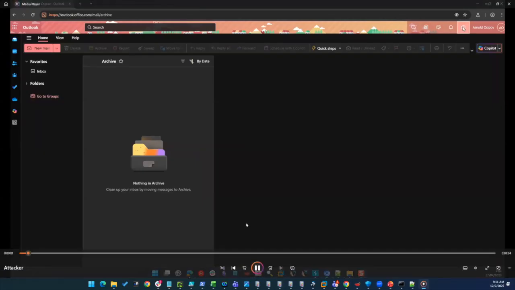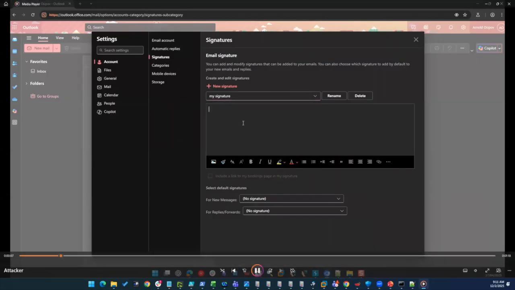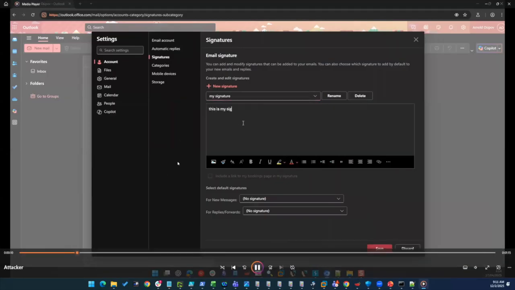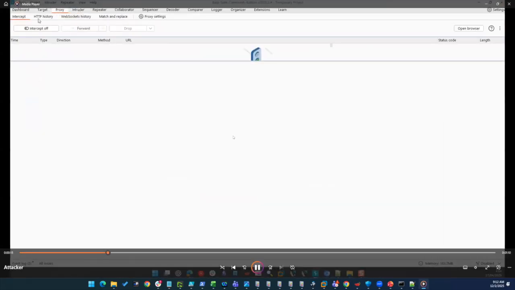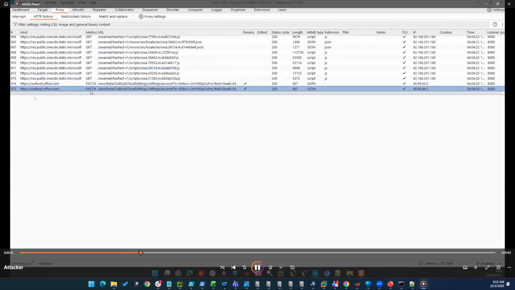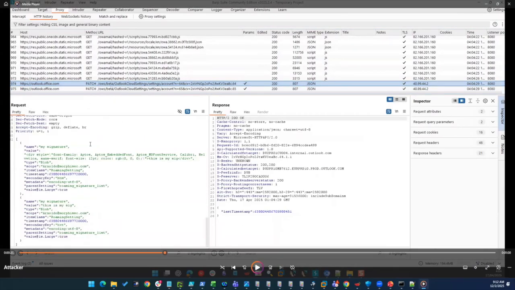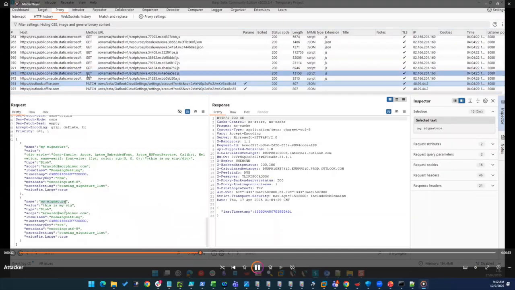So right now we are an attacker that goes into the account signatures, and instead of using the API, we're generating that signature directly through the Outlook browser, as you see here. We're intercepting the same request in Burp, and in Burp you will find the same Outlook cloud setting as you see. In this case, we are showing it with beta. It works also with V1, OWS beta Outlook cloud settings, and then we'll see that the setting that we just generated in the browser is duplicated here, exactly what we intercepted in Burp.